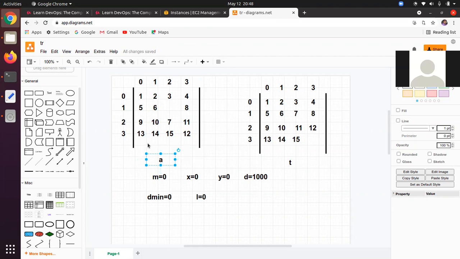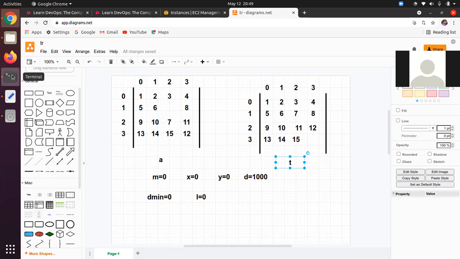There is a 4 by 4 matrix and it has been arranged in this way. On the right hand side, you can find there is a target matrix T. We have to convert this matrix A into this target matrix T by making use of branch and bound. So 1, 2, 3, 4, 5, 6, 7, 8, 9, 10, 11, 12, 13, 14, 15 and a blank value. So for conversion of matrix A into this one, we have to make use of branch and bound.